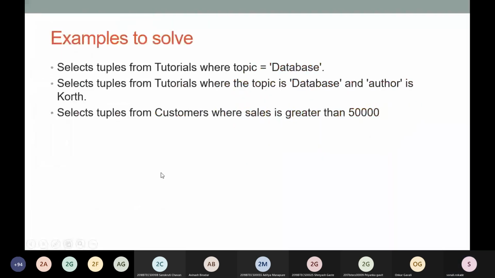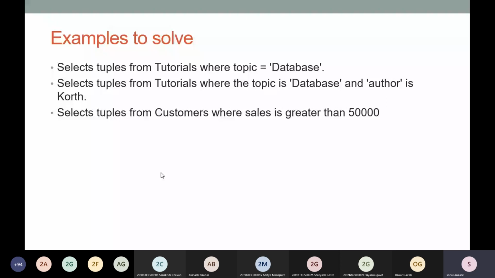Then here are examples that you have to write down. Select tuples from tutorials where topic is equal to database. Then select tuples from tutorials where topic is database and author is core. Then select tuples from customer where sales is greater than 50,000.